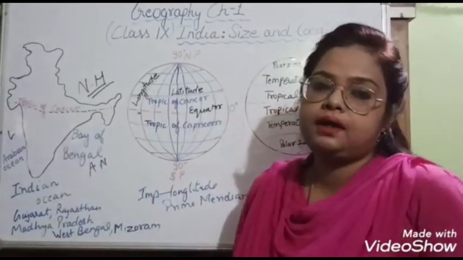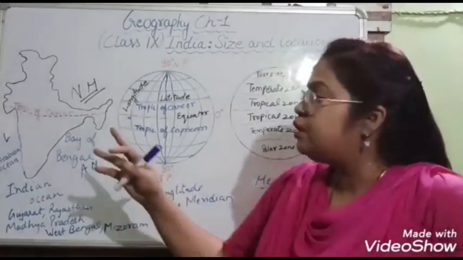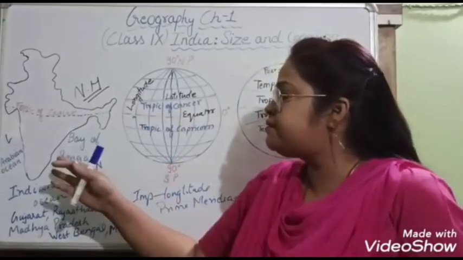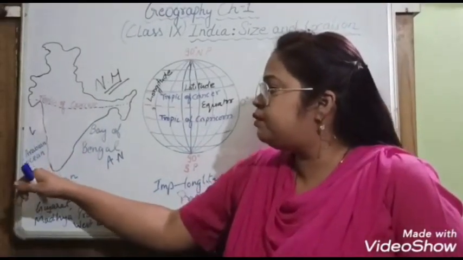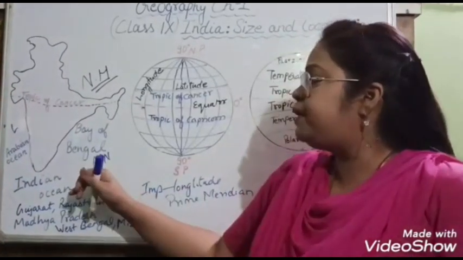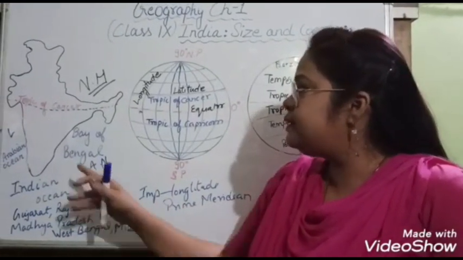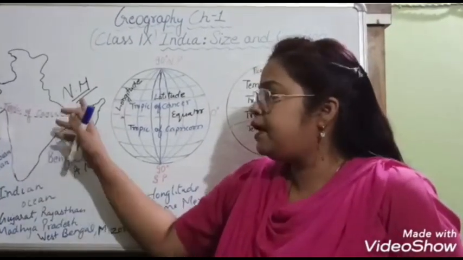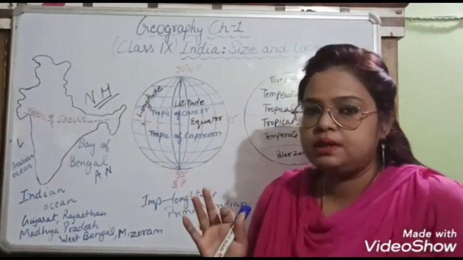And India is the only country that is named after an ocean, the Indian Ocean. So children, one important thing is that we also have certain groups of islands. The islands in the Arabian Sea are the Lakshadweep group of islands, and in the Bay of Bengal we have the Andaman and Nicobar group of islands. So these are the important things: the tropic, the oceans, and the northern hemisphere. This must be clear to you. I hope this is clear to you.